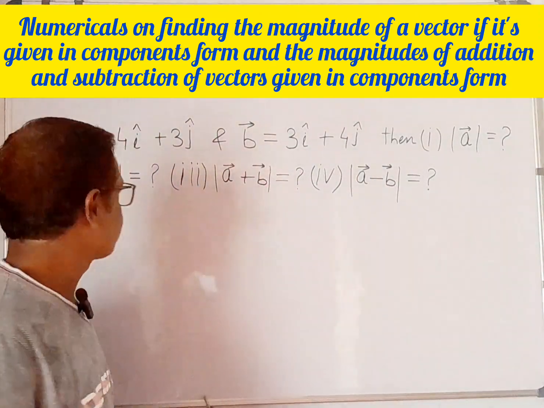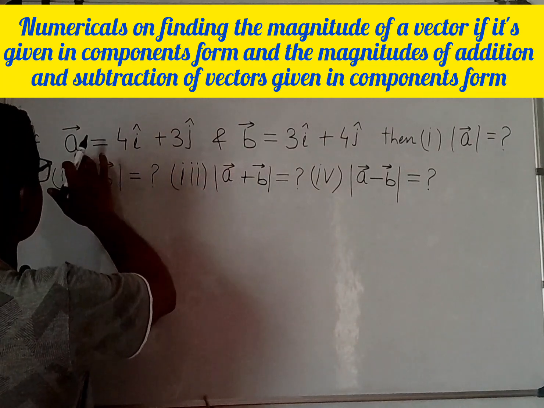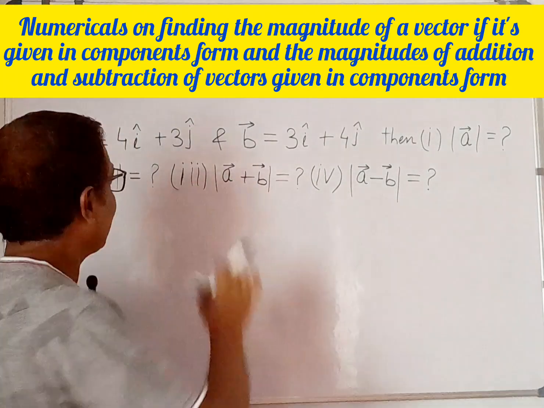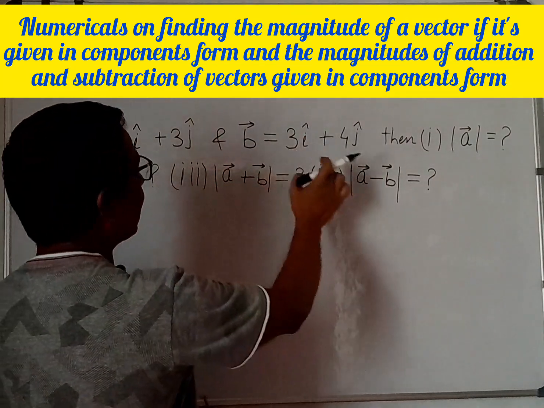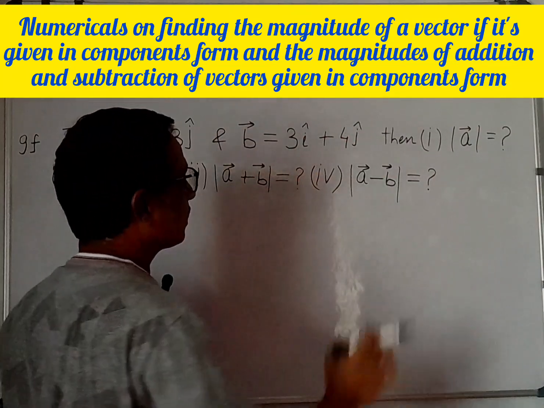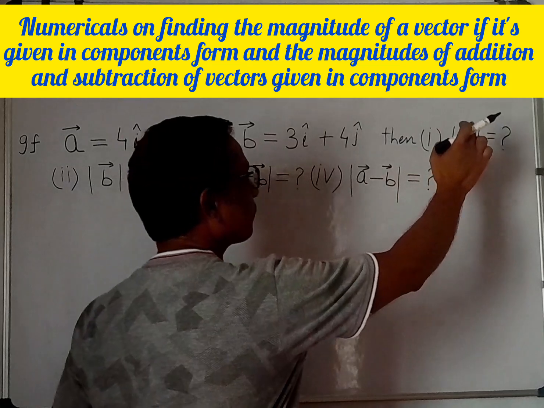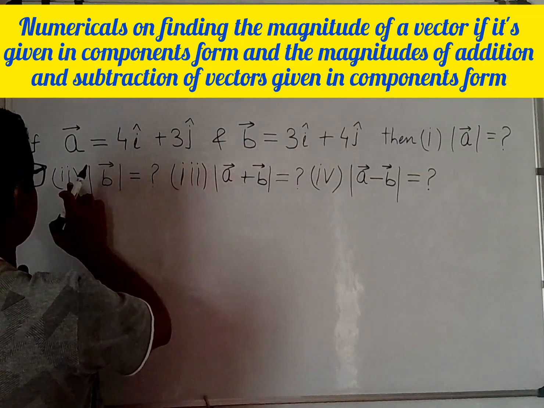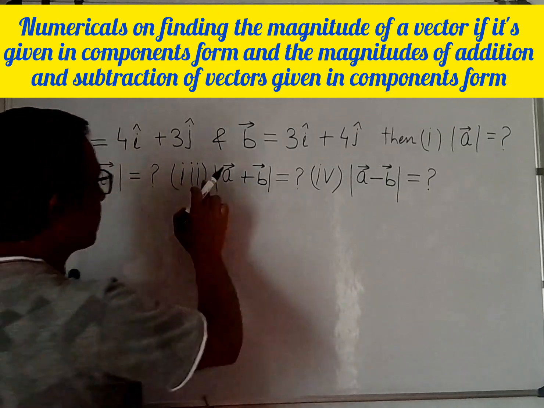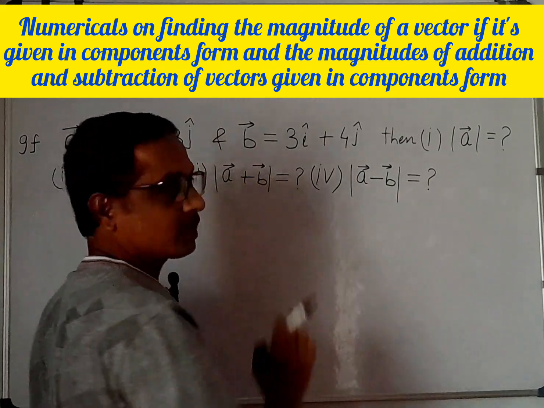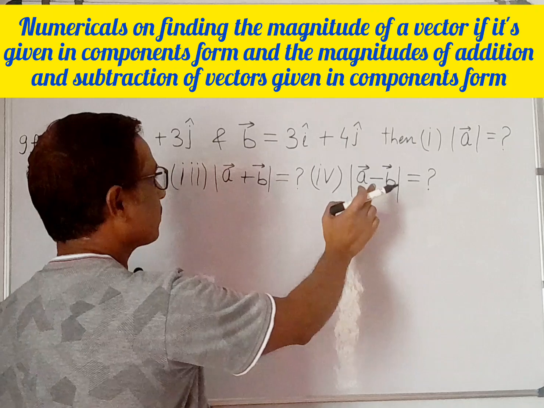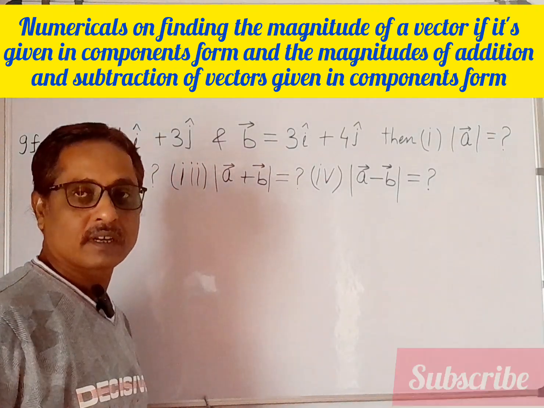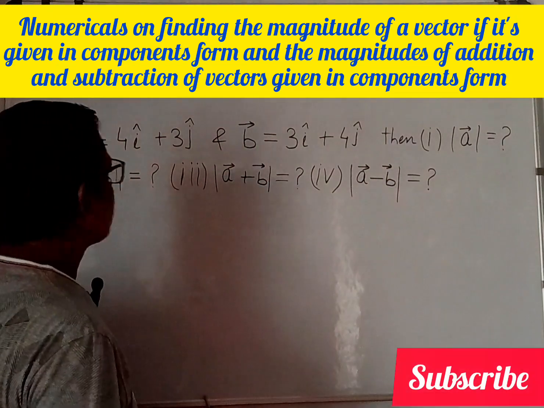आज का क्वेश्चन वेक्टर से लिया गया। Let me read the question. If vector A is equal to 4i hat add 3j hat and vector B is equal to 3i hat add 4j hat, then question number 1, find the magnitude of vector A, question number 2, magnitude of vector B, question number 3, magnitude of vector A plus B, and question number 4, magnitude of vector A minus B। 4 questions are there in this।